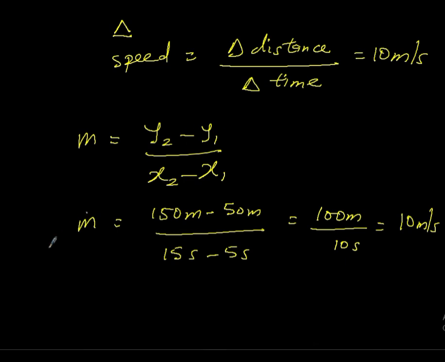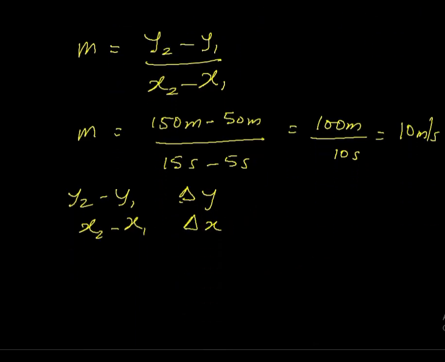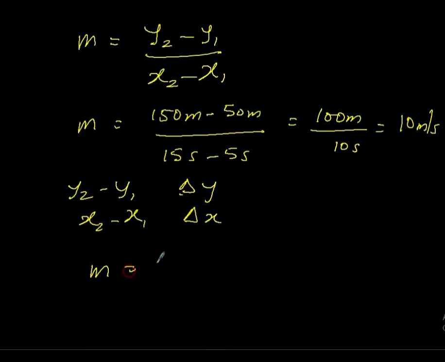Now this y2 minus y1, we can call this the change in y, which can be written as delta y. Remember that delta. And also x2 minus x1 can be called the change in x, which can be written as what? Delta x. Therefore, we can write the slope m as change in y all over change in x,